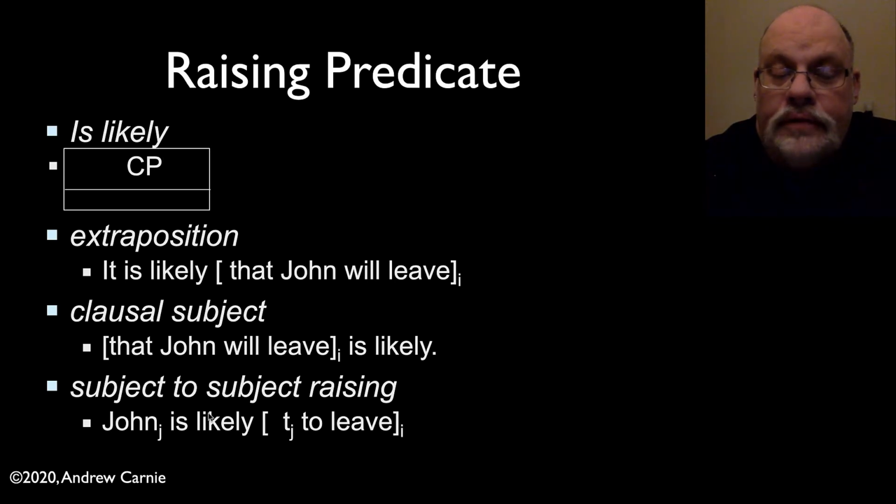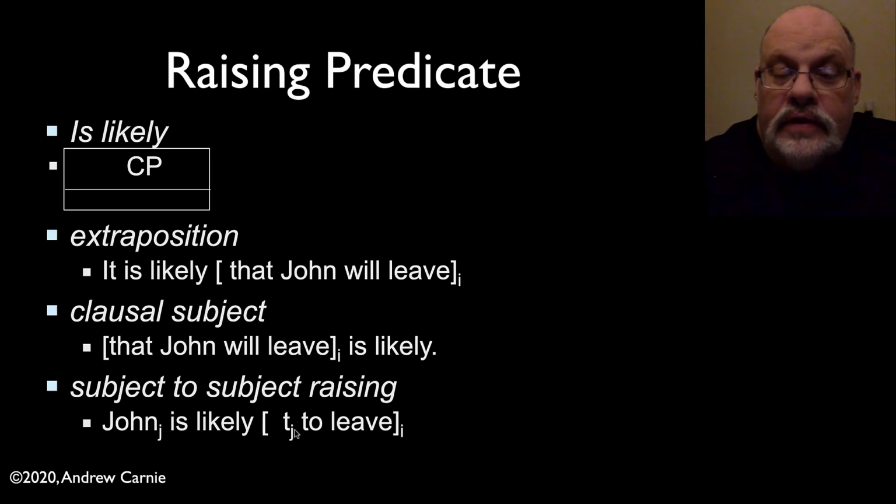The third variety is the variety we talked about at length in chapter 10, which is subject to subject raising. So the DP is generated as the subject of this embedded clause, but this embedded clause, unlike the other two, is a non-finite clause. So there's no case position in the specifier of this TP. By contrast, in these two constructions, the embedded clause is finite, so the subject can get case inside of it. So this subject in the non-finite clause is caseless, so it's going to have to move to get case. And it does so by moving into the subject position of "is likely."